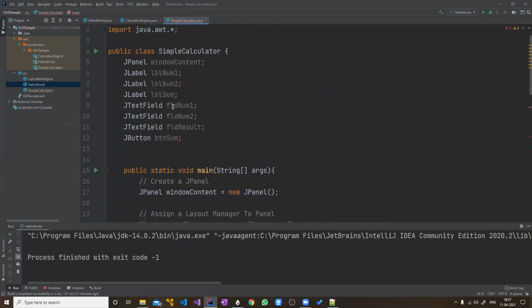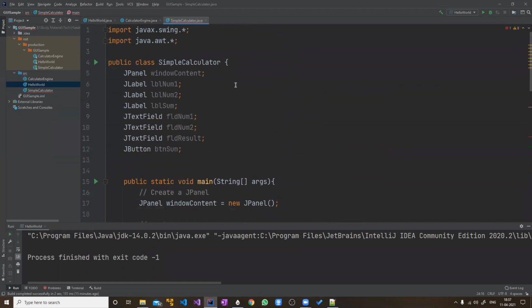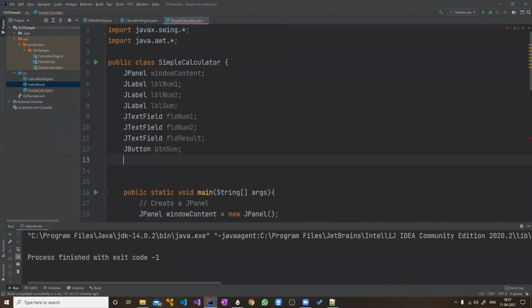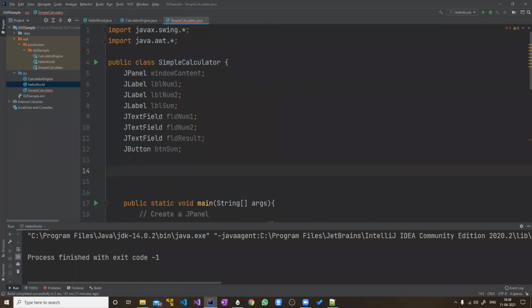Right? So now that is done. This only specifies the variable names. You can see they are also related to a class. They are variables of type class. They are still not an object. So these small components are also objects, so you can say that you have an object in an object. When you create the simple calculator object, these things will be created inside that object.